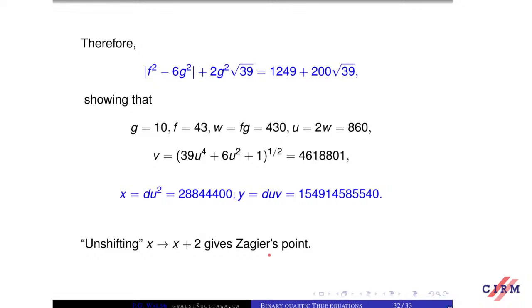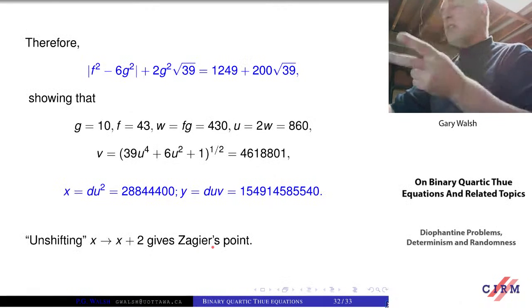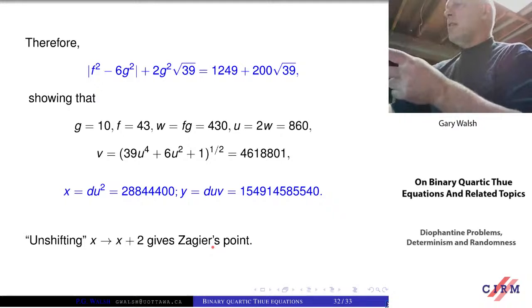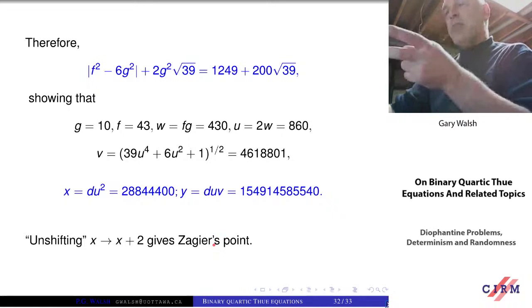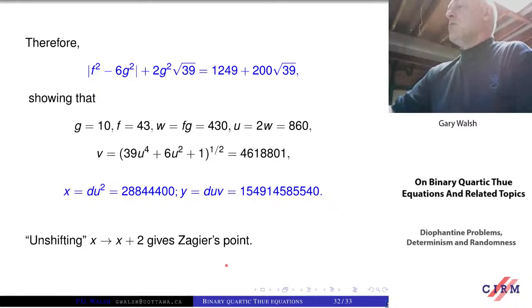And in fact, Zagier's point, it's not even a generator of the Mordell-Weil group. It's twice a generator plus a torsion point. So it's amazing that twice a generator, which has a large denominator, plus a torsion point, would give you an integer point. I mean, this kind of thing rarely ever happens. So this is a highly unusual situation.